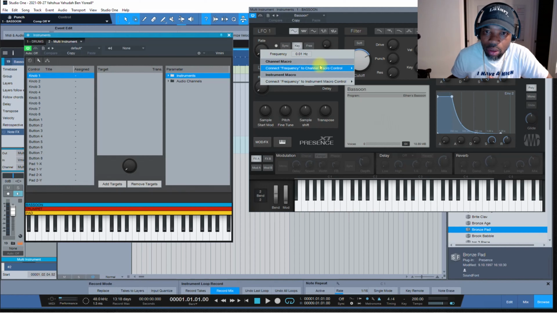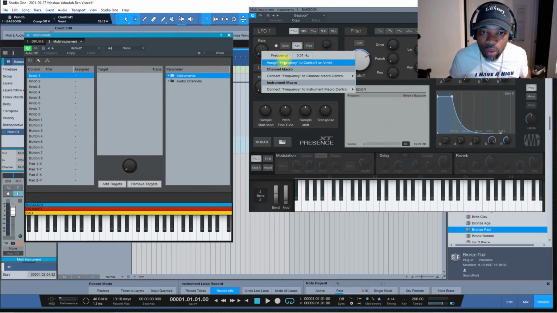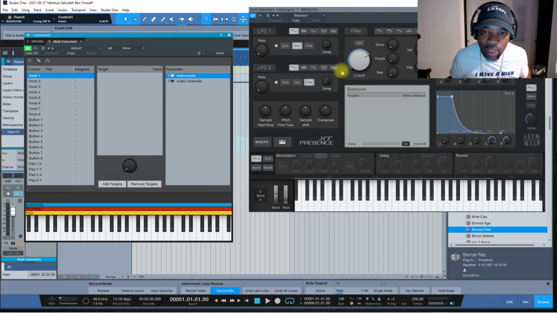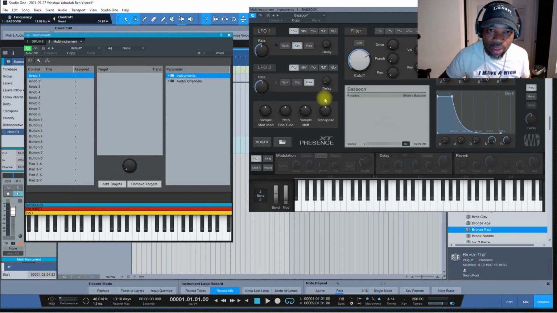So if I right click, okay, first, if I turn my knob 1, K1, as you can see, I turn K1 right here. I right click, it'll say assign frequencies to control 1. If I select that, and I turn my K1 knob, we know it'll turn that. So it'll select to K1, right? So I can also get the second knob, select another knob to K1,